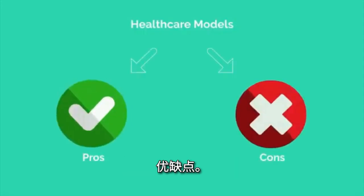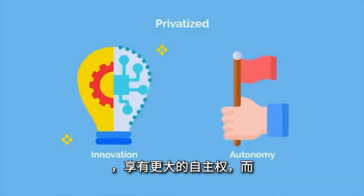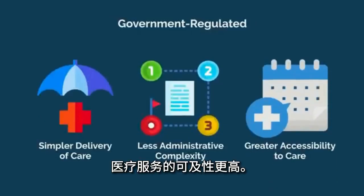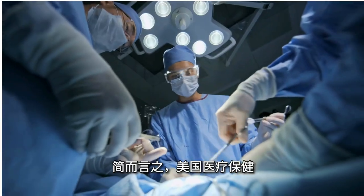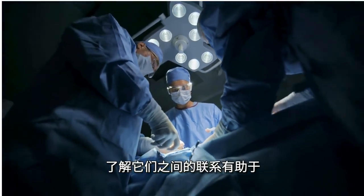Each of these healthcare models has its own unique basket of pros and cons. Generally, those that are more privatized are driving innovation and enjoying greater autonomy. And those that are more government regulated have a simpler delivery of care, less administrative complexity, and a population with greater accessibility to care. In short, the US healthcare system involves patients, providers, payers, and regulators, and knowing how they connect helps you access care